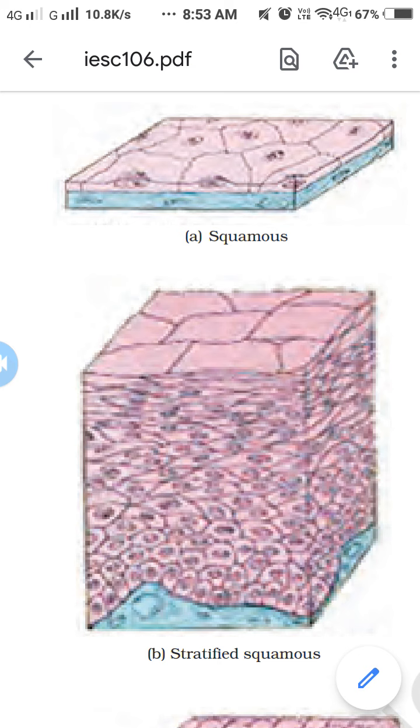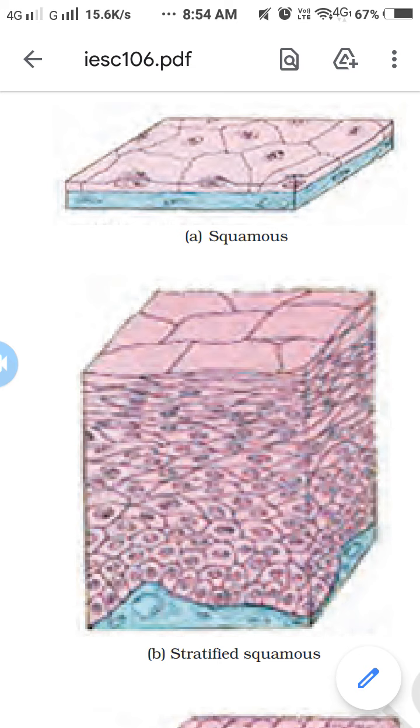First we take epithelial tissues and their characteristics. I repeat, epithelial tissues form the covering of the body. They are tightly packed, forming a continuous sheet for the protection of organs, with a small amount of cementing material, without any intercellular spaces, and an extracellular fibrous basement membrane that separates the epithelium from the underlying tissue. Various epithelial tissues play an important role in regulating the exchange of material between the body and the external environment.